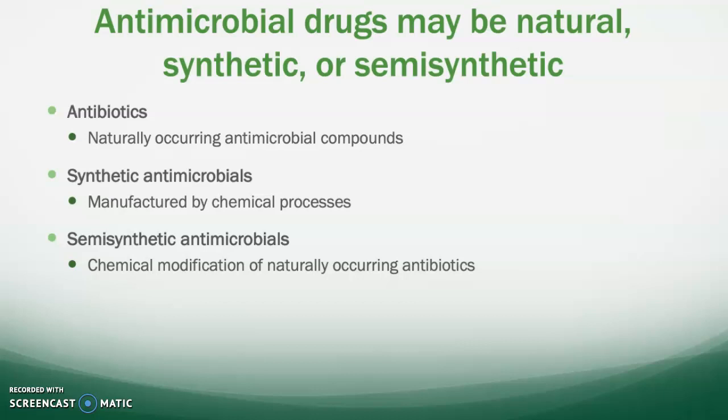So we can also think of the drugs as being either natural, synthetic, or semi-synthetic. Antibiotics are naturally occurring antimicrobial compounds. Think of that penicillin that was being produced by a mold. We can do synthetic antimicrobials. That means that we manufacture an antibiotic, perhaps through a chemical process. And it might be that we know what that naturally occurring one looks like, but we want to manufacture one